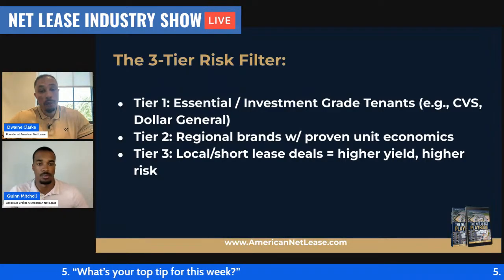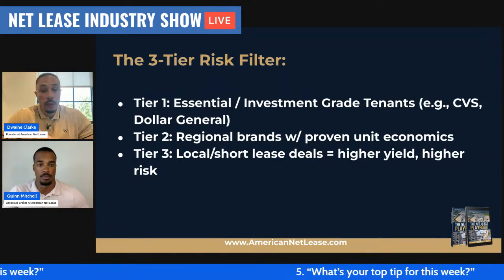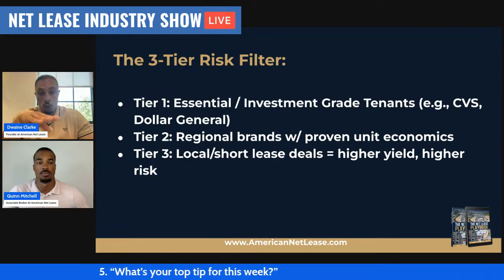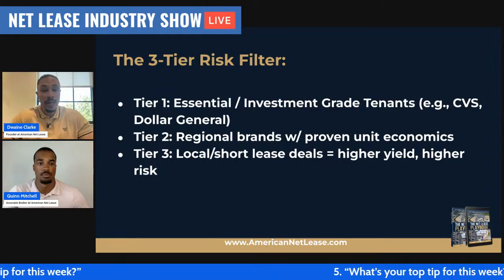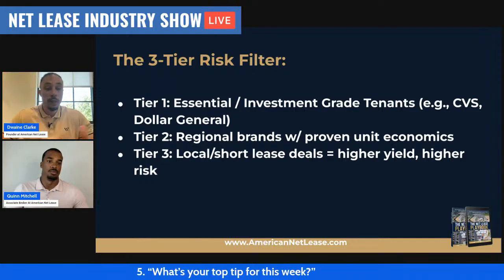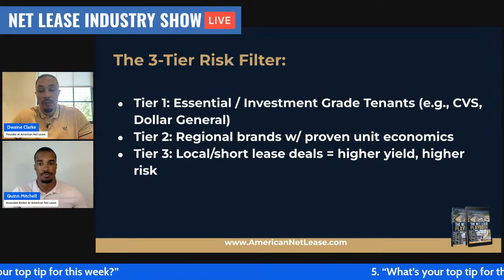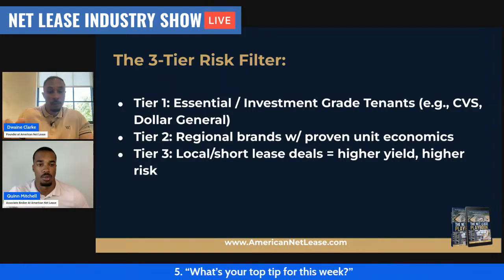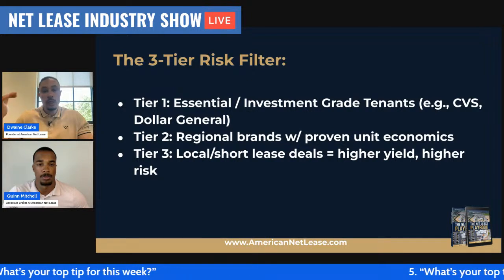The second part of that is investment grade, if you can get opportunities to look at that. Investment grade tenants are tenants that have triple B credit or above, whether you're looking at S&P or Moody's, which have a different credit tier. The credit is no different than your credit score. All these businesses just have a different modality of how they rank them. But anything that is triple B, I think it's either triple B or triple B plus, is considered investment